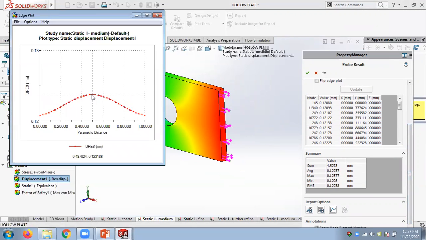So you can see the maximum displacement comes in the middle of the part. The reason the maximum displacement is in the middle is this hole. Here there is less strength, so there is a tendency of more displacement in this area because there is a hole in the middle, symmetrically in the middle. Okay, so this is the maximum value I am getting,